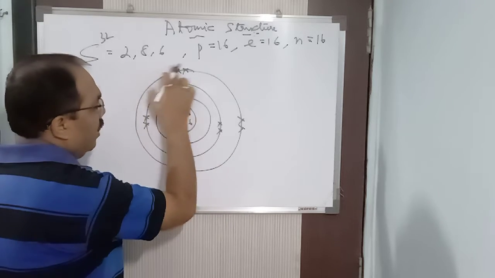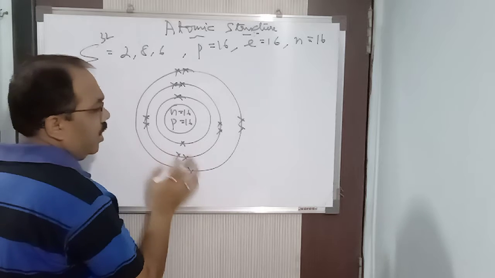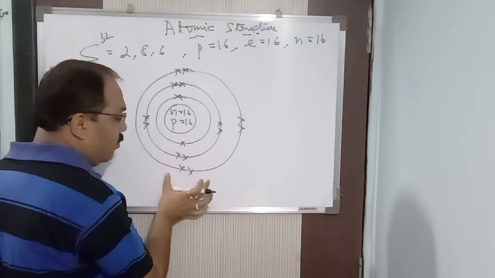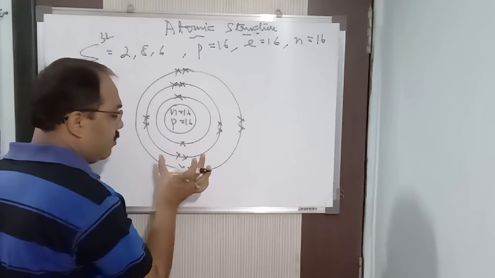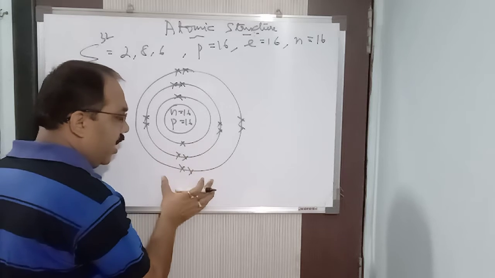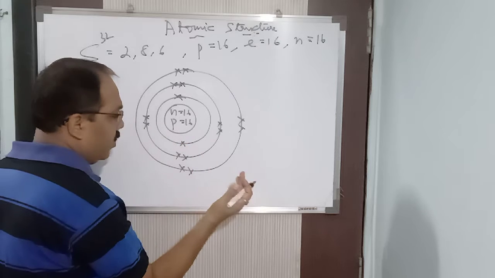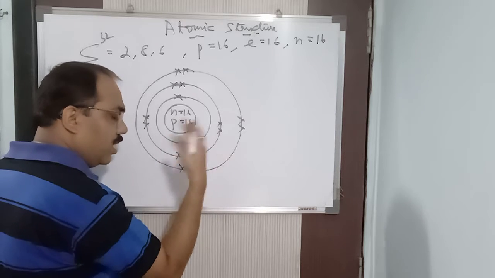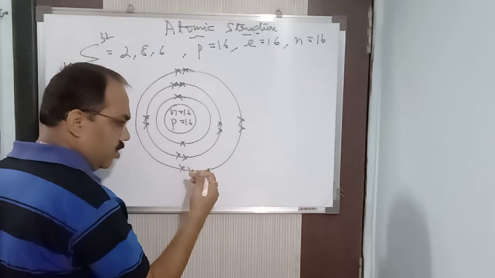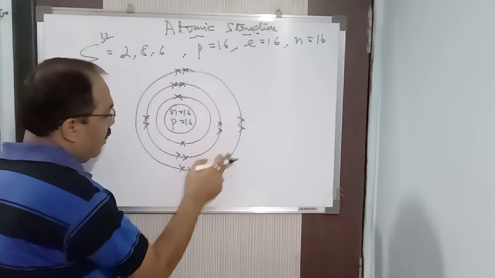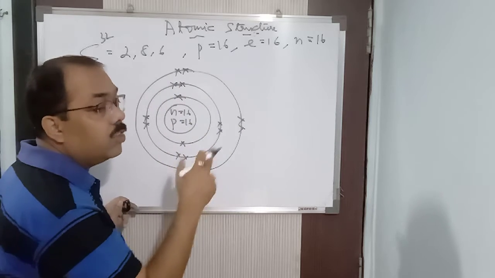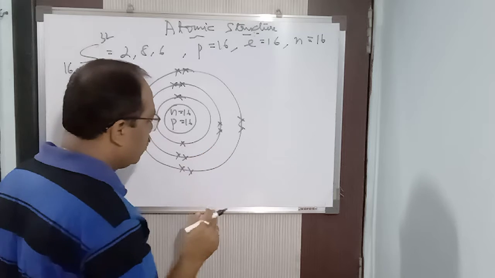Okay, in this way the outermost shell is called the valence shell, and I told you in the last class that the outermost shell, the valence shell, which consists of the valence electrons, they are the free electrons. They can either share or transfer. That is, they can either lose or gain. Both they can do, isn't it? Like here you can see it is having 6 electrons. It is having a tendency to what? To gain 2 electrons. I have explained all this in the last class.